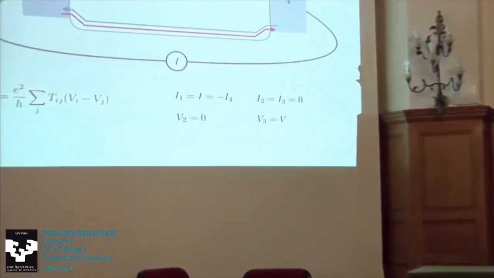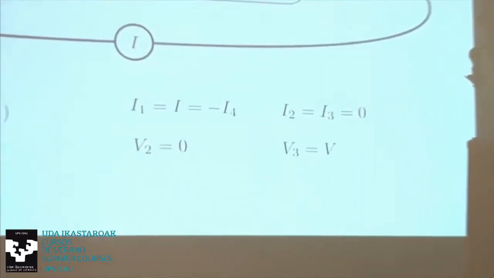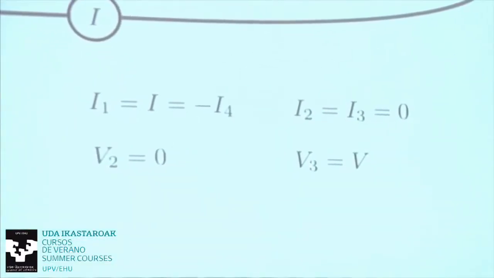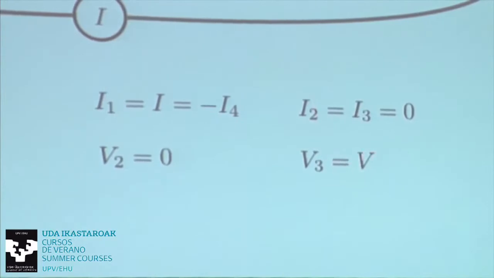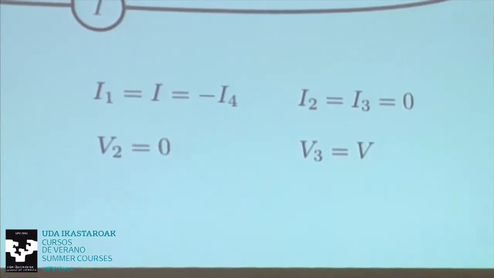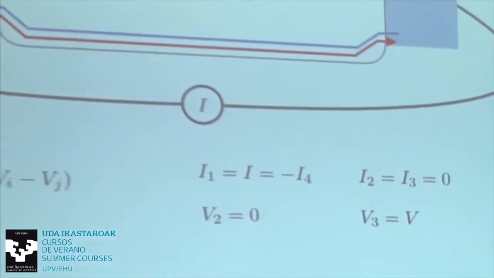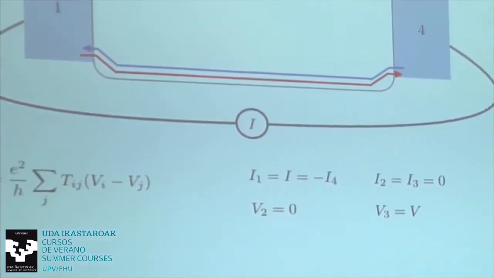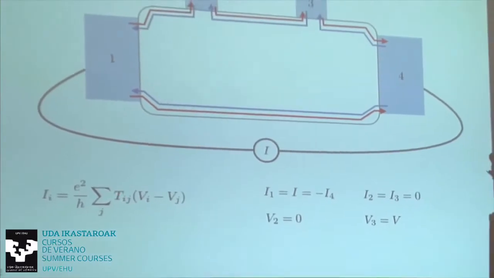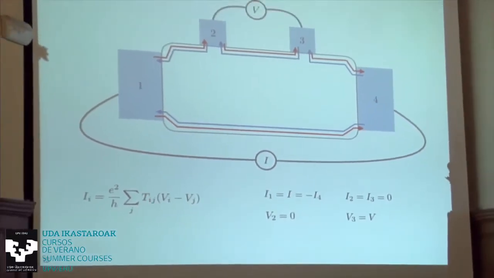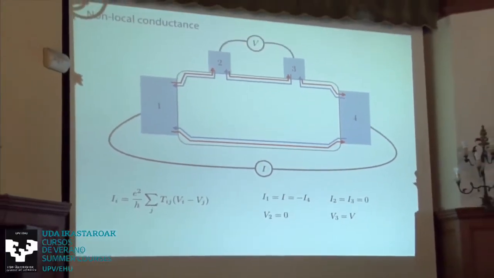Now I'm allowed to put one voltage to be the ground, so I take V2 to be 0, and now I'm interested in knowing what is V3, which is the voltage which I call V here. And the conductance that is measured is I divided by V. Okay, so now we just have to plug these things into here,